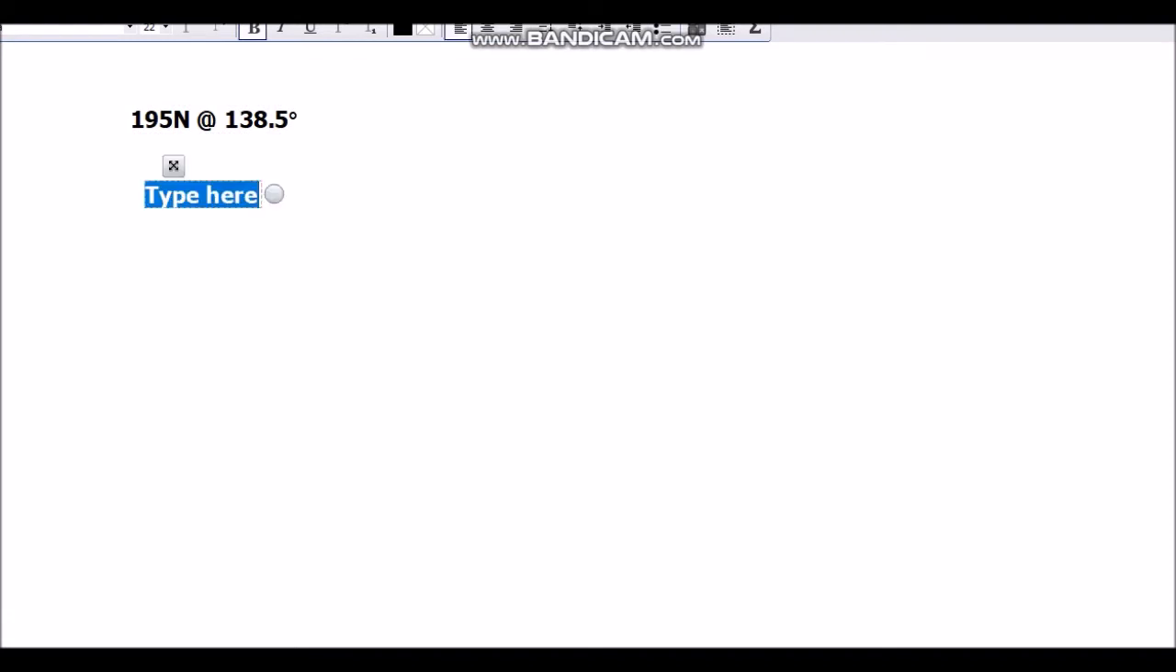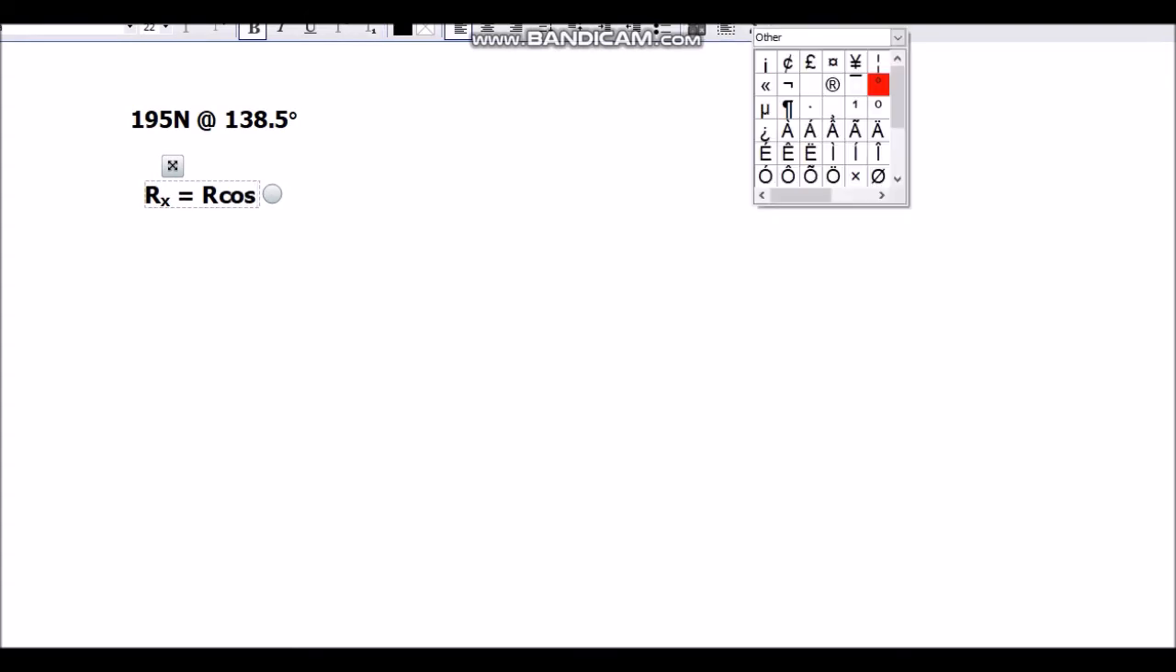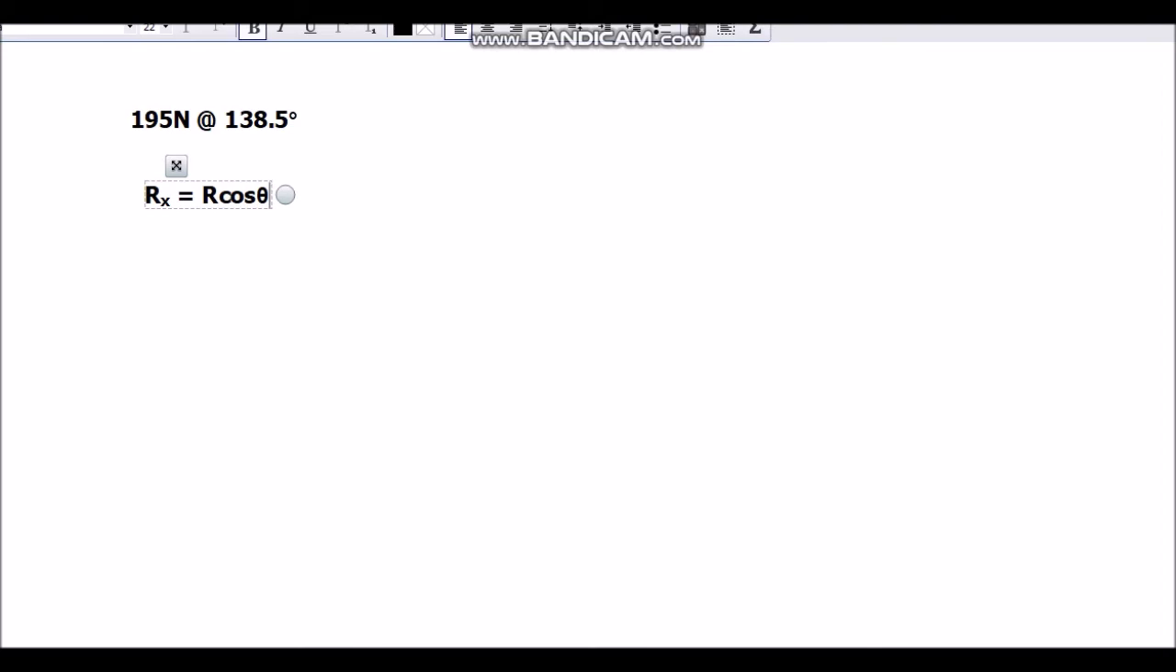Okay, so if I call that my vector A, then remember what we have in our notes is if you're trying to find the x component of any unknown vector, it's cosine times its physics direction, right? Now in this case, instead of r, since it's my vector A, I'm going to try to find the x component of my vector A. And what do I know about this vector? Well, I know that it's got a magnitude of 195 newtons, so I'm going to multiply that by cosine of its physics direction, which is 138.5